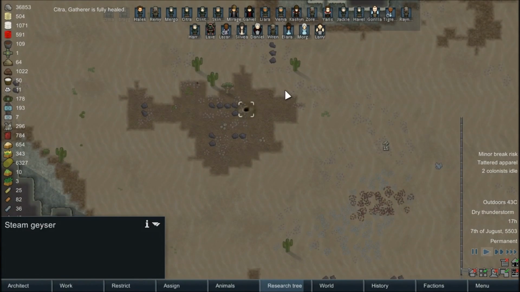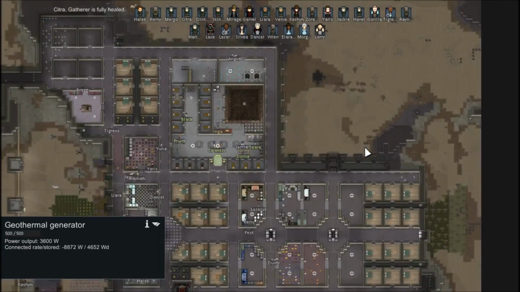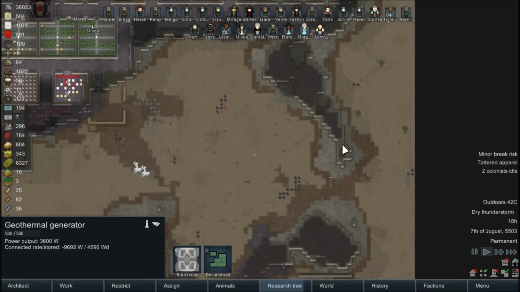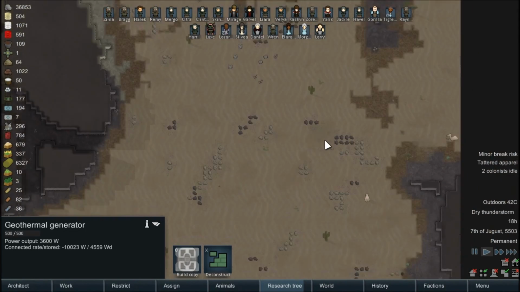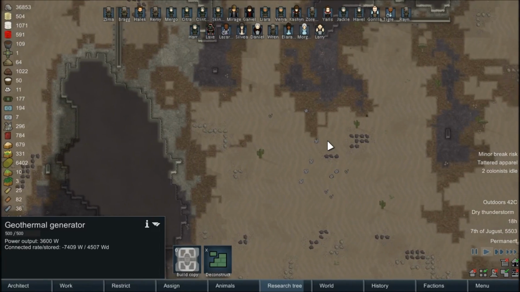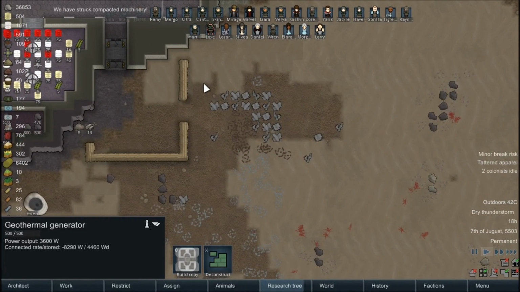I can still build another geothermal generator right there too and connect them up. I think we're almost out of vents though. That might be the last exposed one. Unless there was one down here that I forgot about. But I think that very well might be the last one. It would be difficult to connect up something down here anyways. Yeah, I don't see anything. So I think it's safe to say that we've...